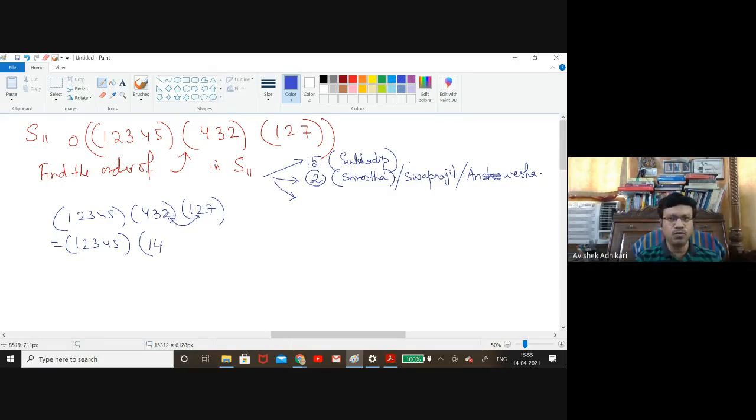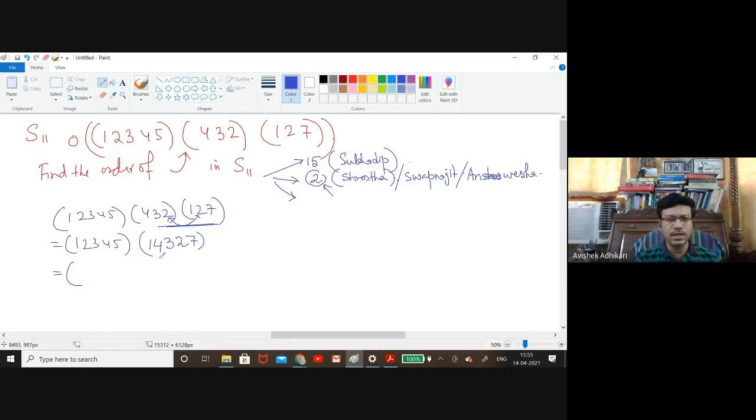Here 4 goes to 4 and 4 goes to 3. 3 goes to 3, 3 goes to 2. And then 2 goes to 7, 7 goes to 7. So 7 goes to 1 and here 1 goes to 1. So 7 goes to 1. That means this is closed. Is it correct? Is it same as yours? All of yours? Those who get 2? Yes, sir. Okay, let's check with this.